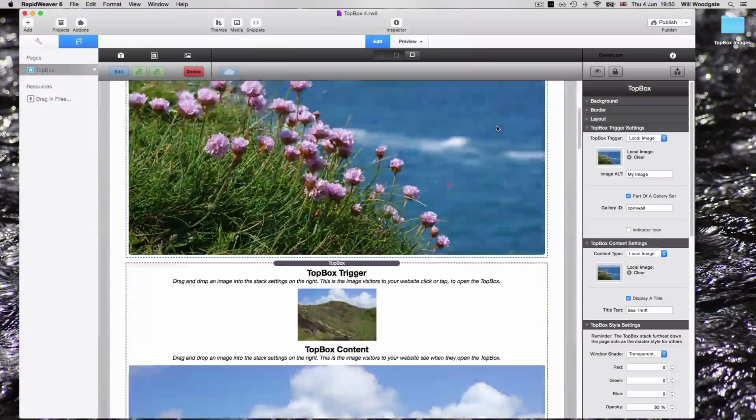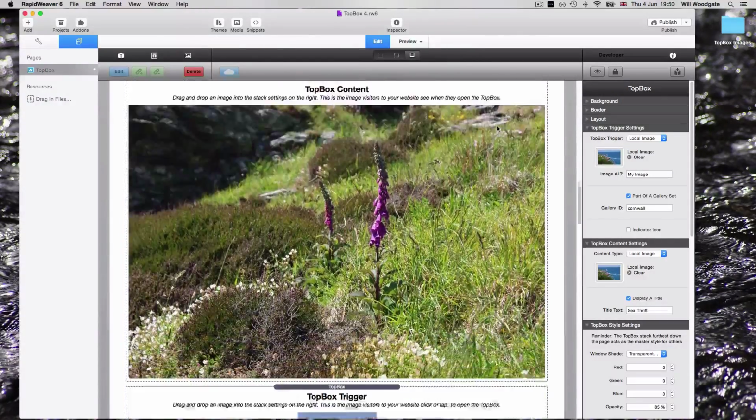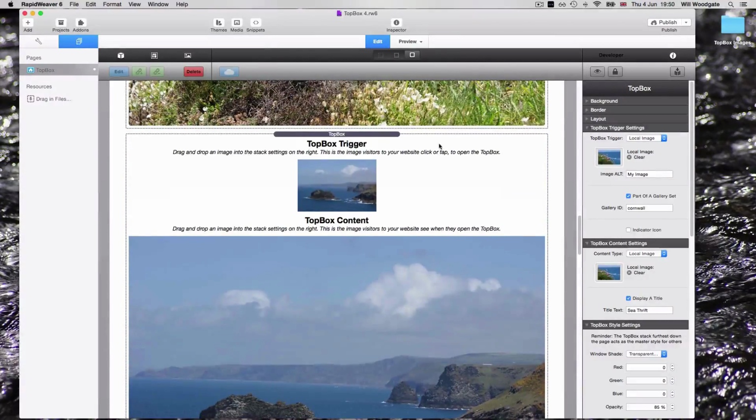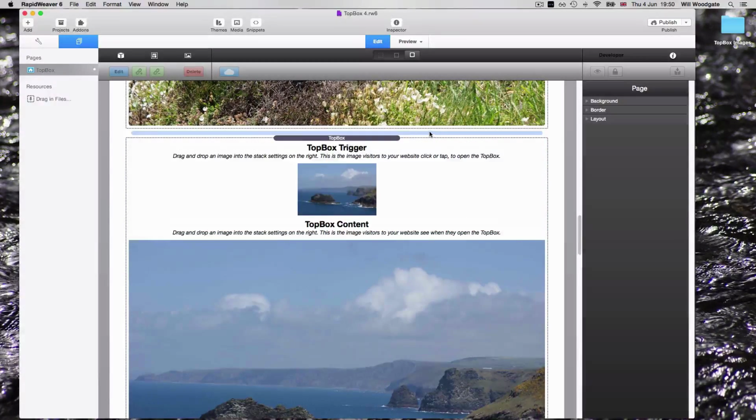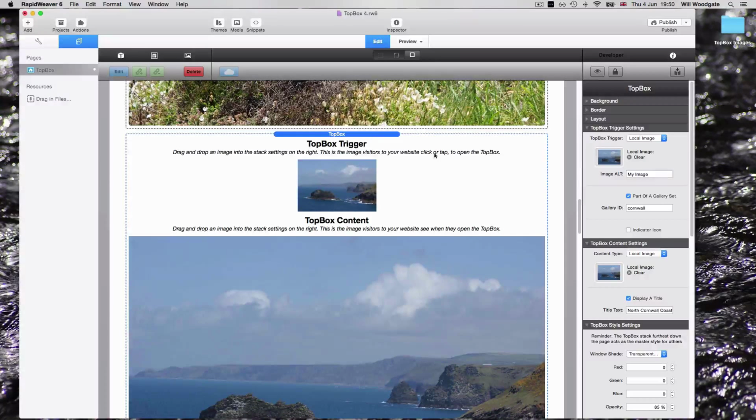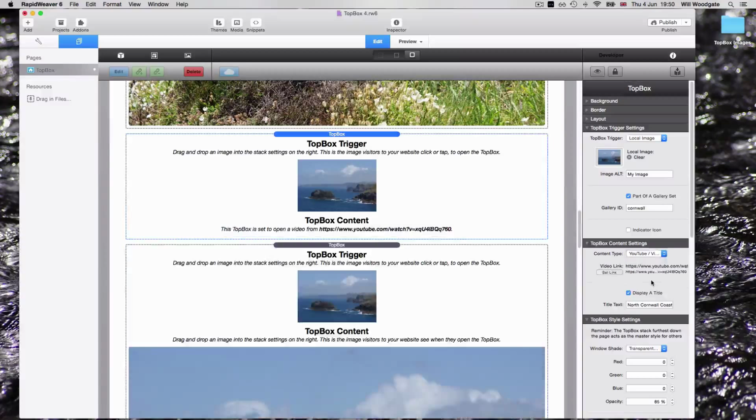So what I'm going to do is scroll down the page a little bit here, and I'm going to duplicate an existing TopBox stack. I'm just going to press the Alt key and drag it up slightly like so. That gives us a cloned version of a TopBox stack. I'm going to leave the trigger as a local image for the time being. I'm going to leave it in this Cornwall gallery set, but I'm going to change the content to YouTube Vimeo,